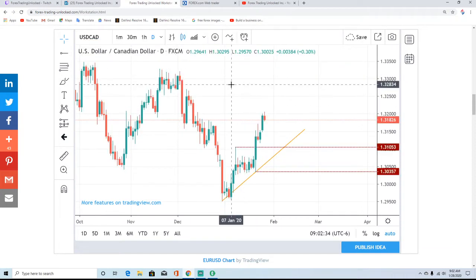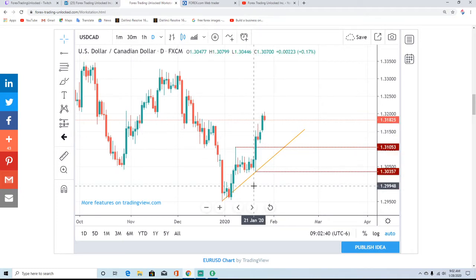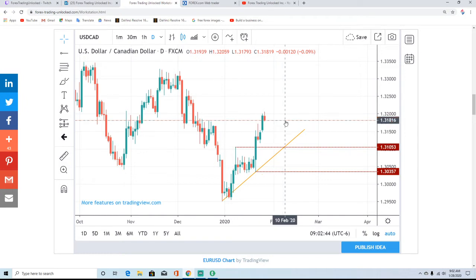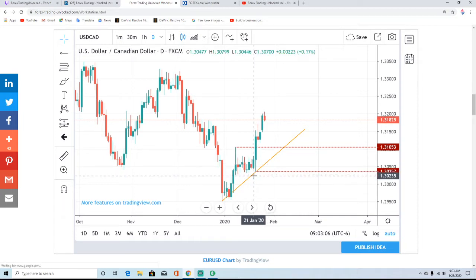We have your US dollar Canadian dollar trade right now that has been in a nice rally for the past couple weeks, actually since the end of 2019. Now we have a little bit of a capper going on today. We made a higher move high and we're lower. So interestingly enough, the dollar seems to be running out of gas when it comes to the Canadian. This has been quite a vertical move over the past few sessions after we had broken out of this basing area. Look at here, for almost 2 weeks the market went sideways basically in a 50 pip range. And in that area, it was basically just going nowhere.